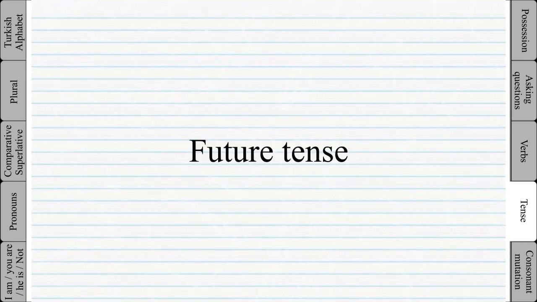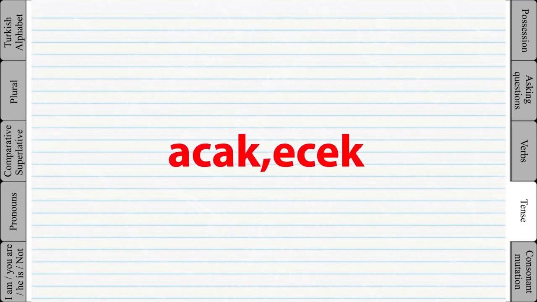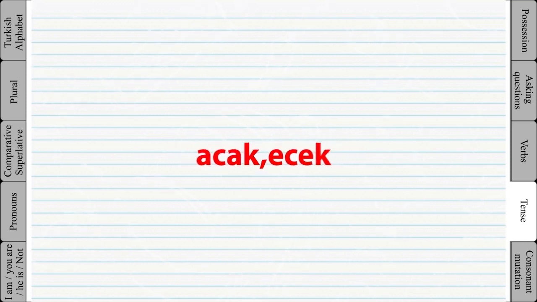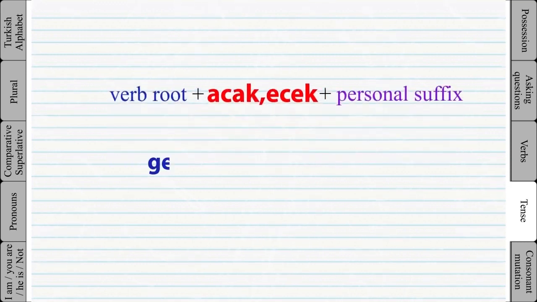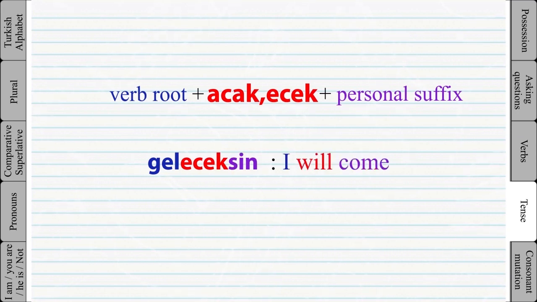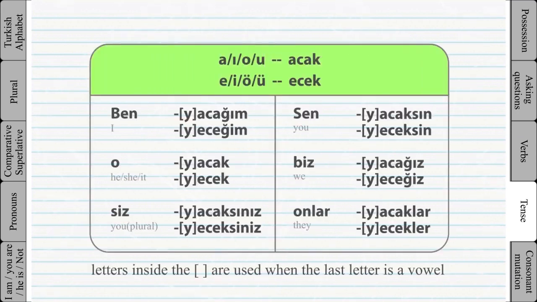Future tense. By now you should have an idea how the Turkish grammar works. How by adding a suffix you can change the tense of a verb. The future tense is no exception. The suffix for the future tense is acak, ecek. For example,